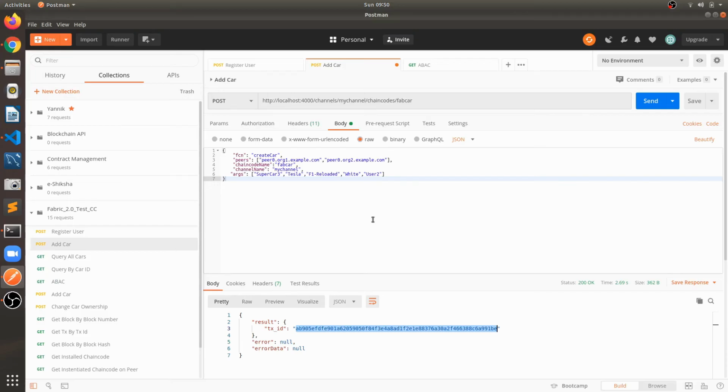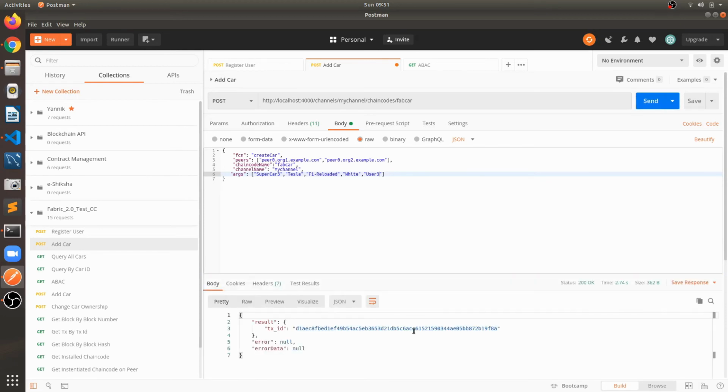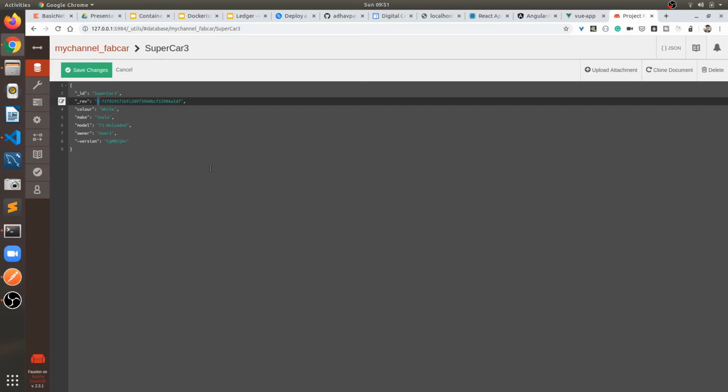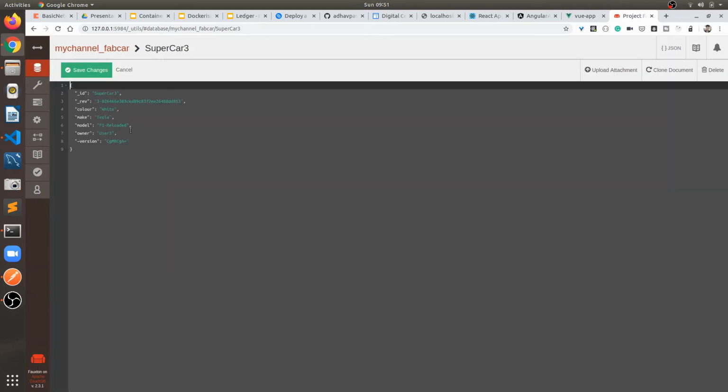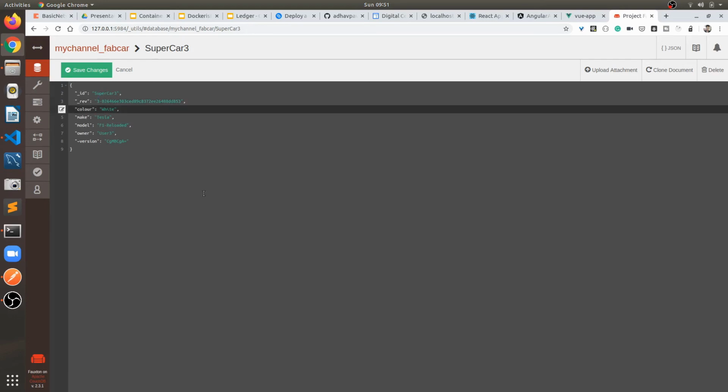One more time we will update the transaction. This time we are making user3 the owner. On the same asset I am doing the operation. Yeah, this is the next transaction we just executed. Now we can see in the CouchDB the version will change to 3 and the owner would be user3. Just refreshing it. Here you can see this is the current state database.